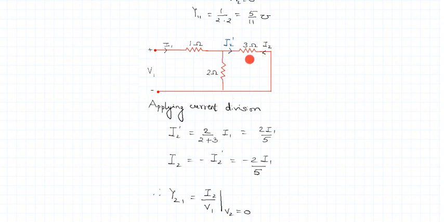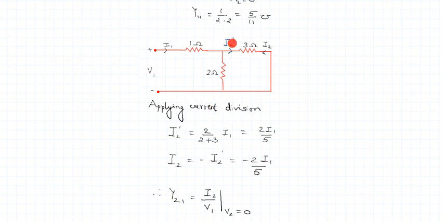So we can see that we can find I2 by using a simple current division. At this particular node, this current I1 gets divided into two parts. We are interested in finding the current through this 3 ohm resistance. So after doing a current division, the current which flows through the 3 ohm resistor is, let us say, I2 dash. The current which flows through the 3 ohm resistor is in this direction, and let me call that current I2 dash. So how can I express I2 dash by applying current division?